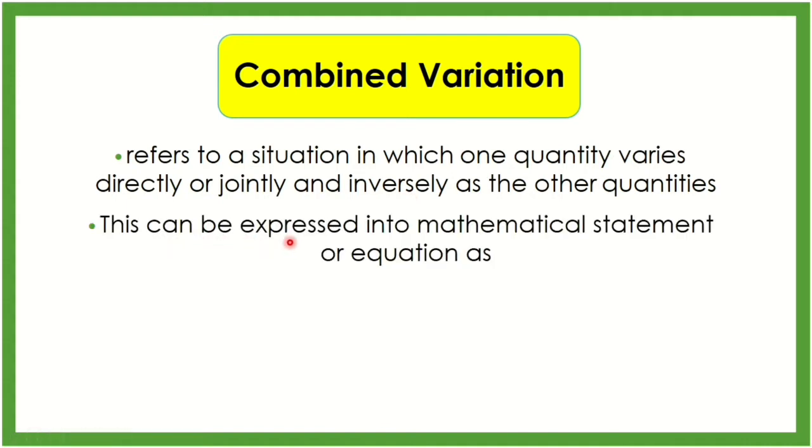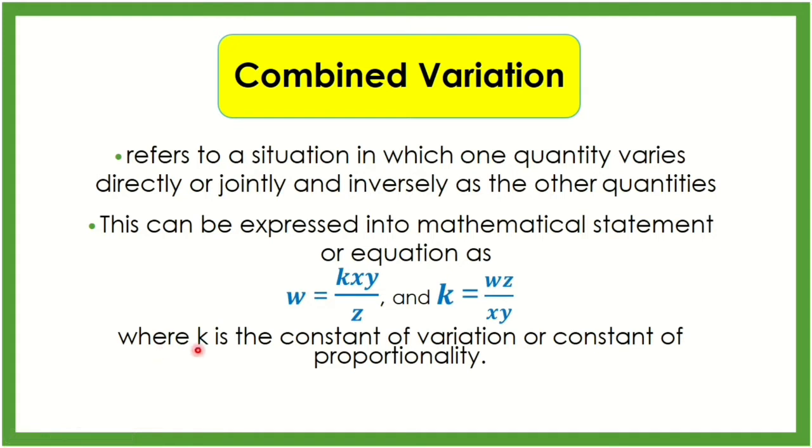This can be expressed into mathematical statement or equation as W equals K times X times Y all over Z and K equals W times Z all over X times Y, where K is the constant of variation